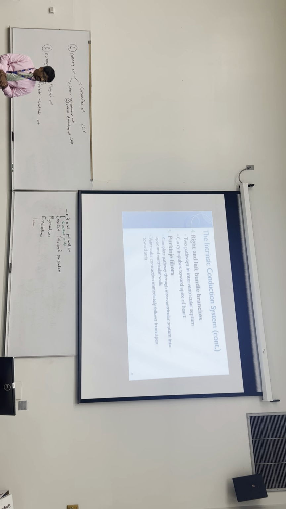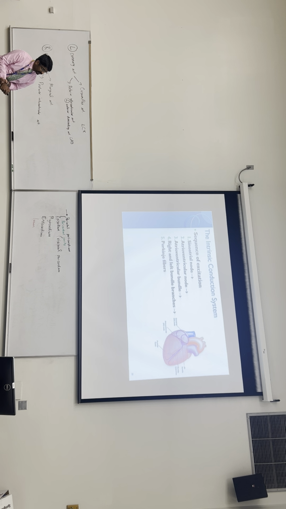Then it splits within the interventricular septum. They'll separate out into a right bundle branch and a left bundle branch. If you've heard of bundle branch blocks, that's these bundles actually being blocked. You might guess where they're going: to the ventricle on that side. So the right bundle branch will supply the right ventricle, and the left bundle branch will supply the left